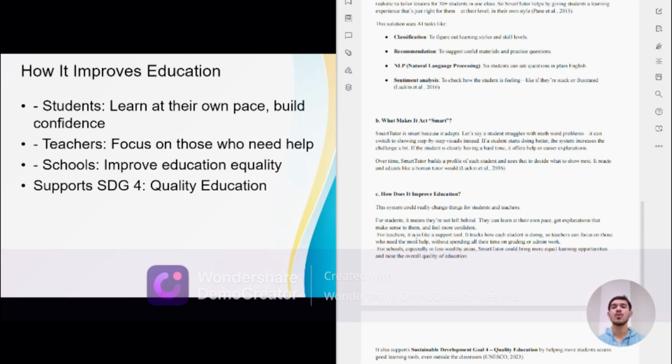The schools can improve education quality by using this AI, and this maybe makes the schools more qualified. It also supports SDG 4, and it's good. It will help the quality of education in the world.